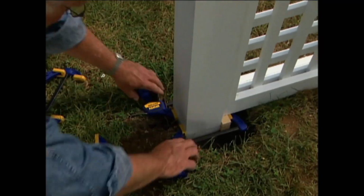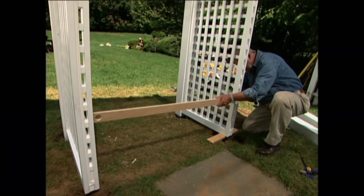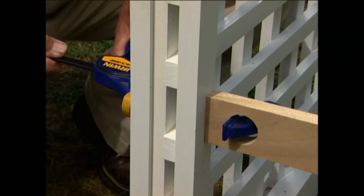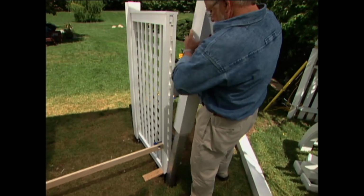With the lattice panels secured to the front posts, I get ready to install the rear ones. This spacer will ensure that the width between the panels is exactly the same, front and rear. Notice how the holes near the end give me an easy place to put the clamps. Once the spacer is in place, I drop the rear posts into the holes,